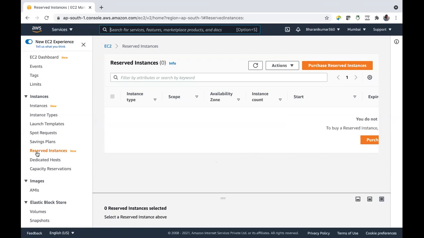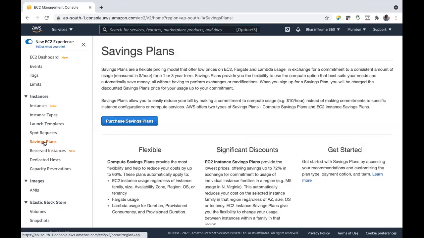And then similar to reserved instances, we have savings plan. Here you also give a commitment that you are paying for a number of hours. You are not getting a reservation. You are giving a commitment that yes, I am going to run this instance 10 hours each day, and monthly this is going to be a number of hours.